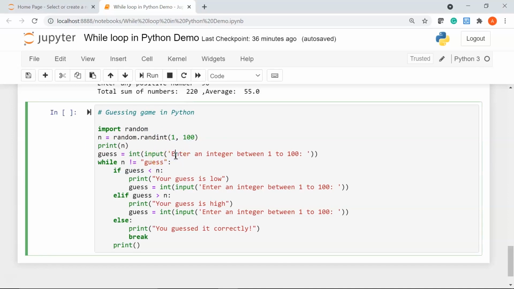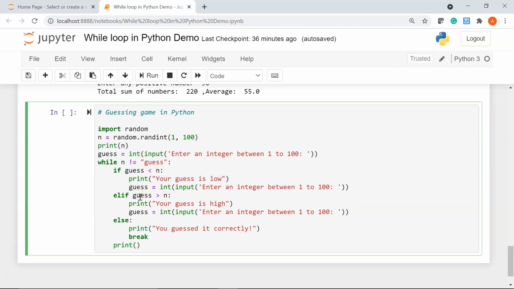So I'm asking the user to enter an integer between 1 to 100, and I'm checking if my random integer is not equal to my user input, that is guess, and if that guess is less than my random integer, I am going to print your guess is low. Then I'm again asking the user to input an integer between 1 to 100.